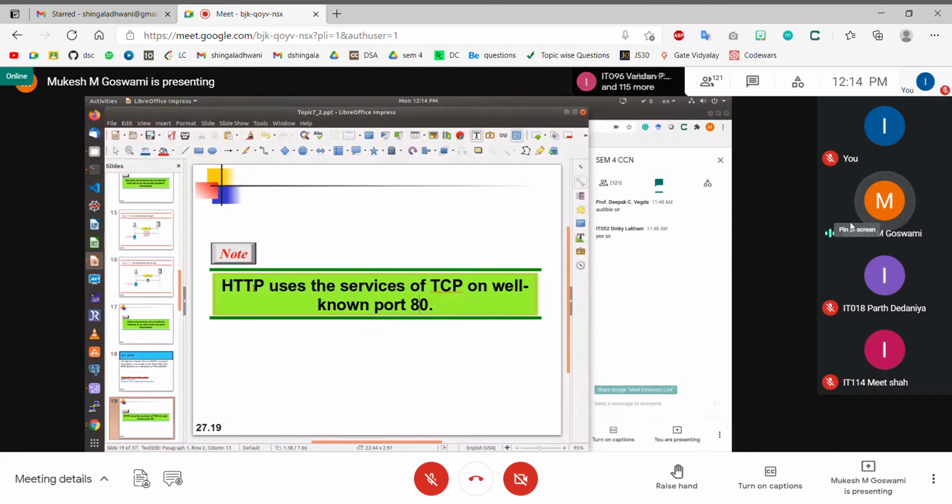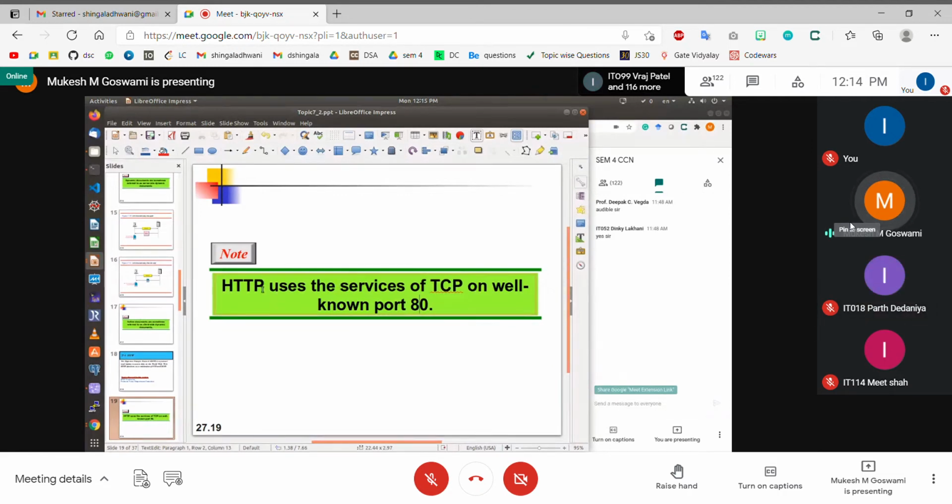The clients actually start using random port numbers and dynamic port numbers, and when the dynamic port number goes to the server along with the request, the server can communicate with the client by using the source port number as a destination, right? So that is how it works. That is what we have already seen.